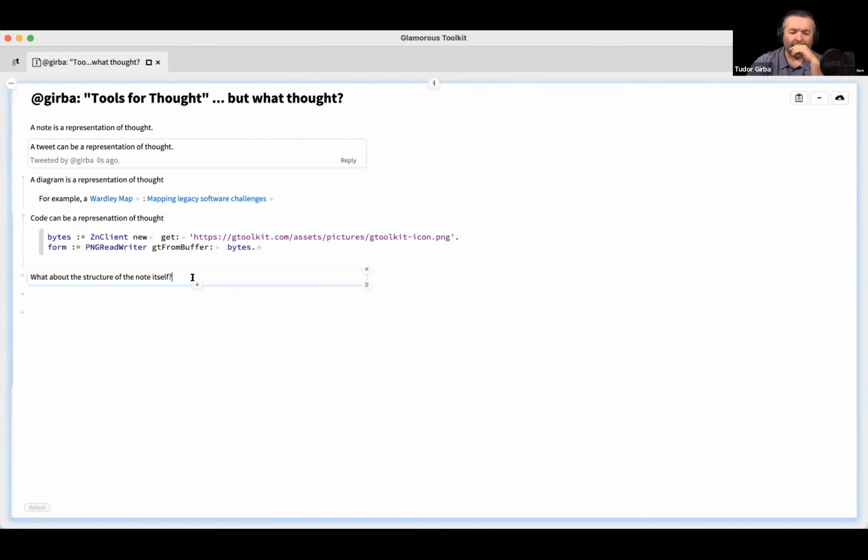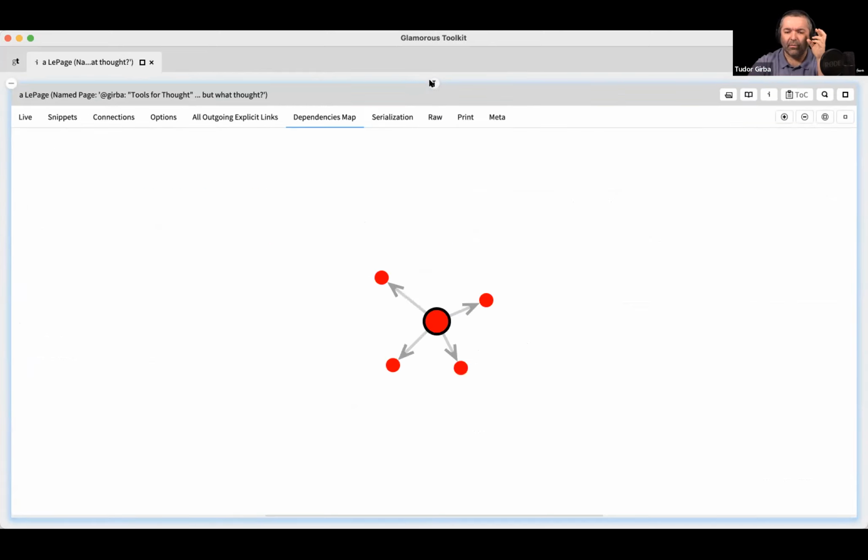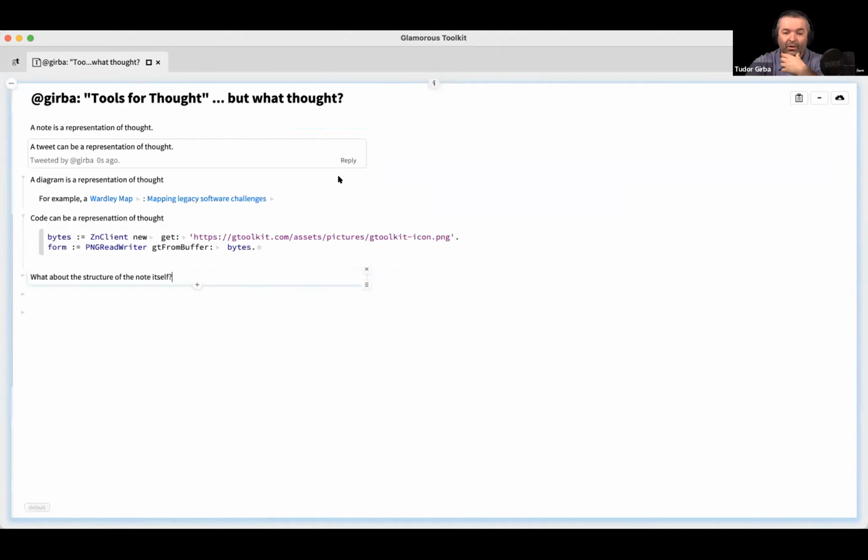But let's go back here, because when I was looking here, this is like a dependency graph. So very often when tools for thought come into play, the idea of the graph and connectivity is rather prominent, rather immediately. Very often that one is actually presented as a feature. The question is, well, what else can we do here? So connections are important too. So what else can we do here?